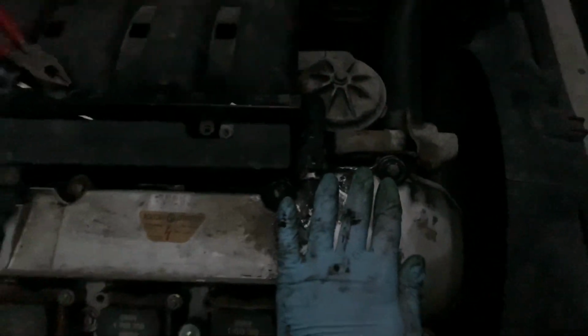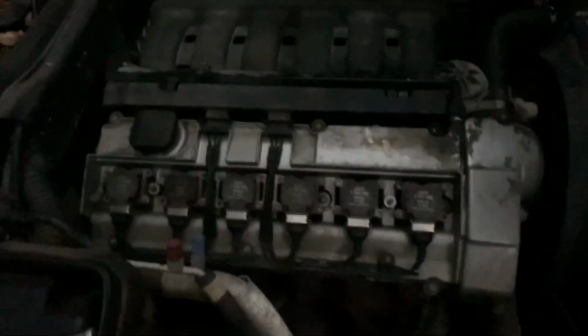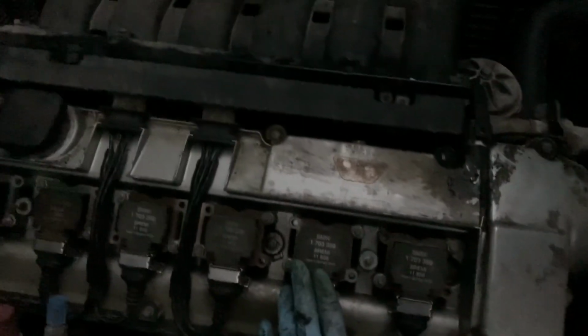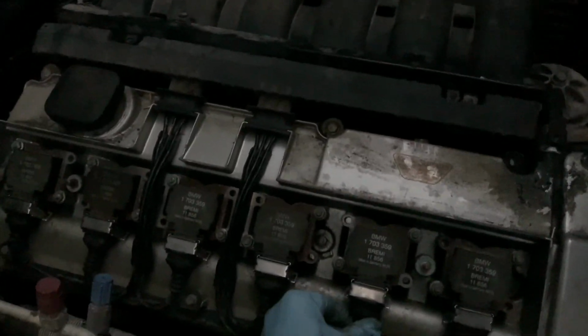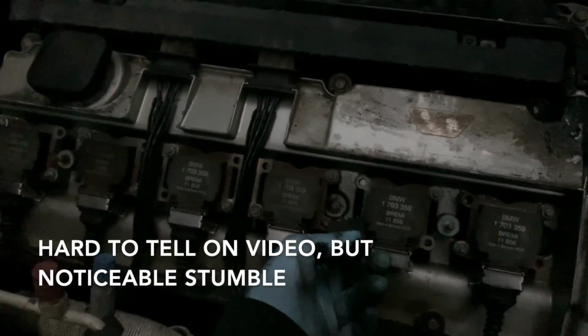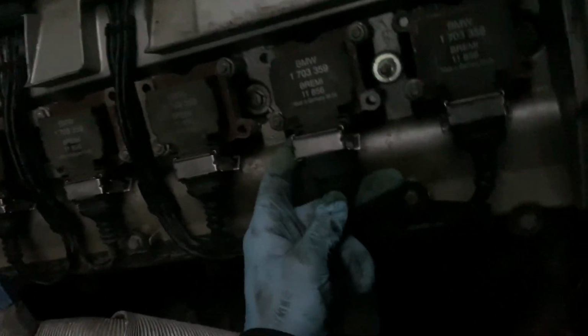Probably from the video you can't tell, but an M50 should be running so smooth you should hardly be able to tell it's on. But before, it had a noticeable stumble. That stumble's gone. To prove it, I'll unplug coil 2 and let you guys hear and prove to you that this cylinder's now working. So if I pull that off, you're gonna hear it stutter. Hold on. Yep, that's how it was running before. So plug that back in,